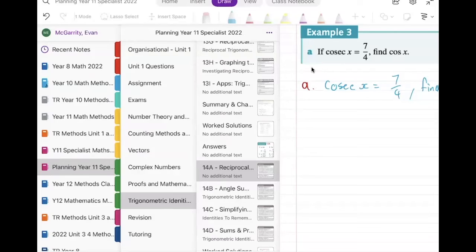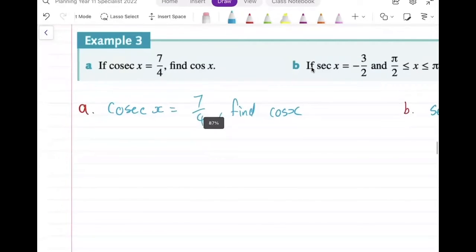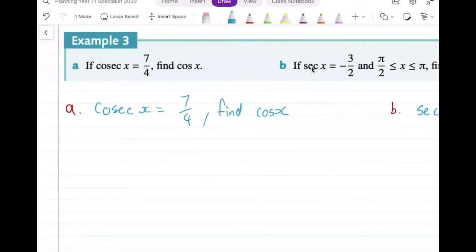Hi guys, welcome back. We're going to be looking at chapter 14a, starting from example 3. I'm going to explain examples 1 and 2 inside this specific example. Here in example 3, we're looking at how we can use our exact values to help us solve for reciprocal